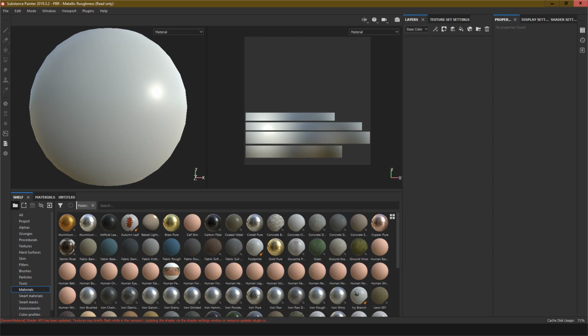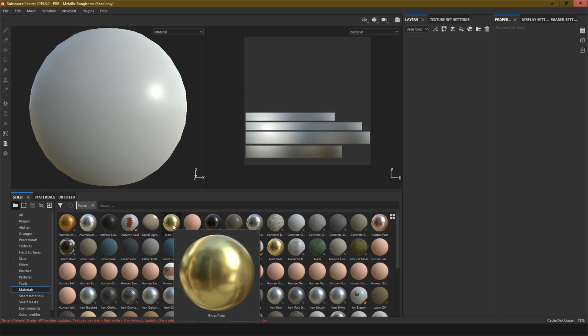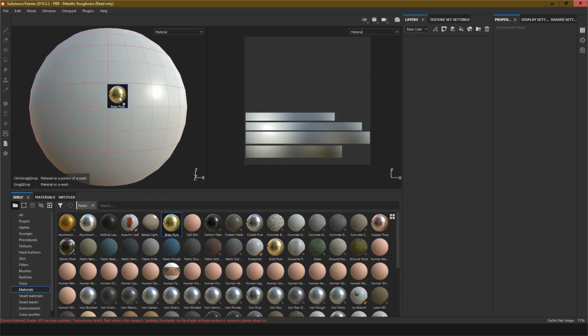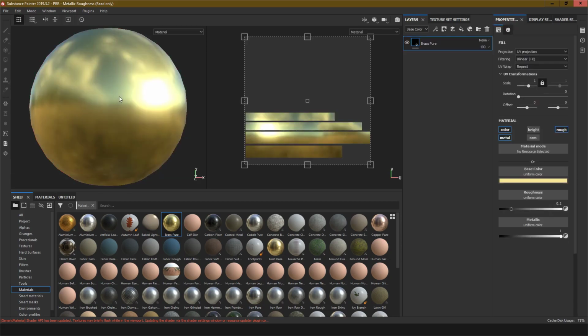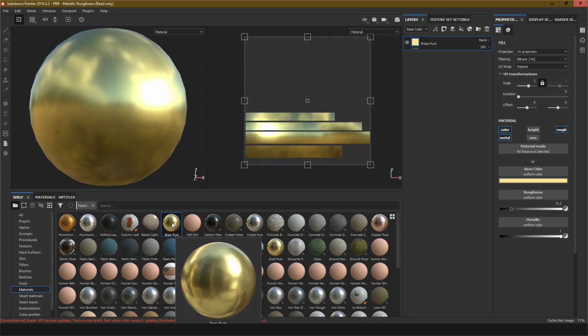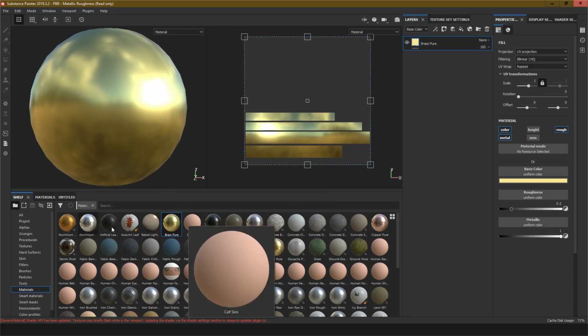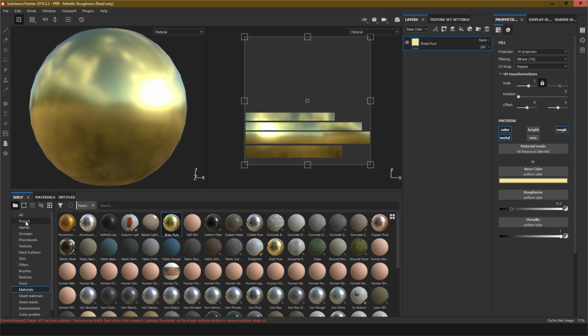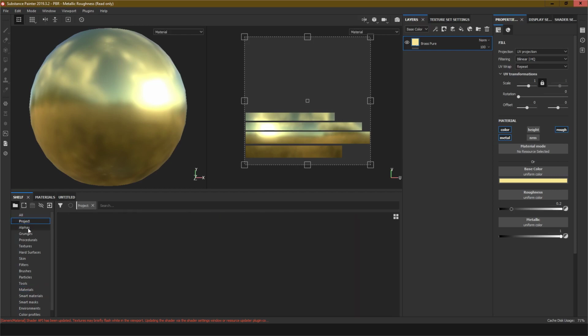First, I'm using here a pure brush, so you can see how the mesh is looking. First add a gold, then go to the project and alpha,